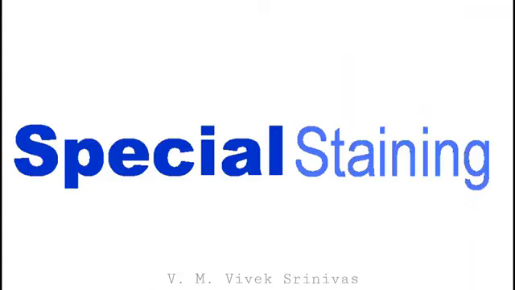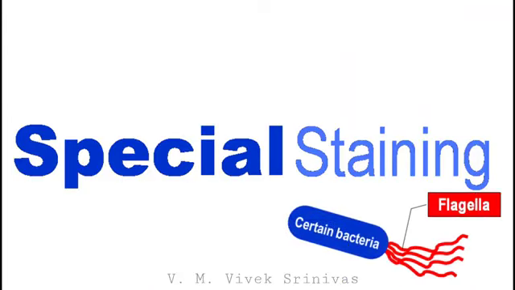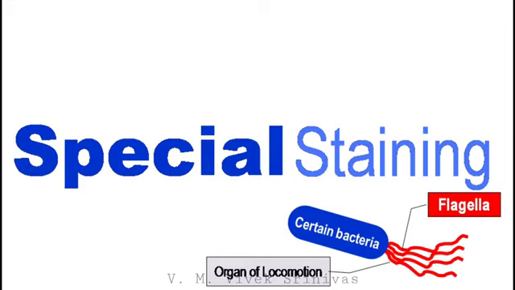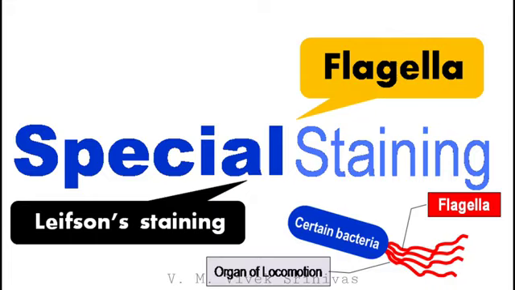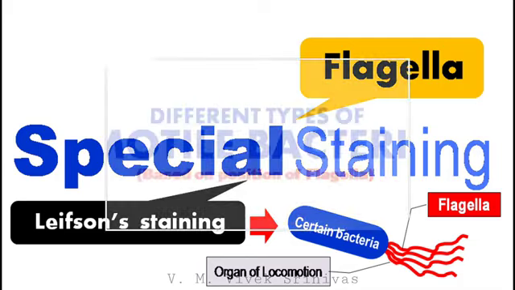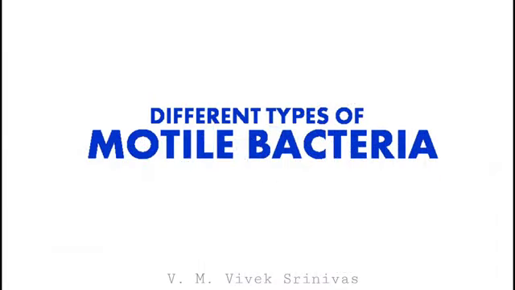Next, certain bacteria possess the flagella, the organ of locomotion in the bacteria, essential for the bacterial motility. This flagella can be stained by the Leifson staining technique. Here, the flagella are stained red, and the vegetative portion of the bacteria are stained blue. By this staining technique, we can identify the different types of the motile bacteria based on the position of the